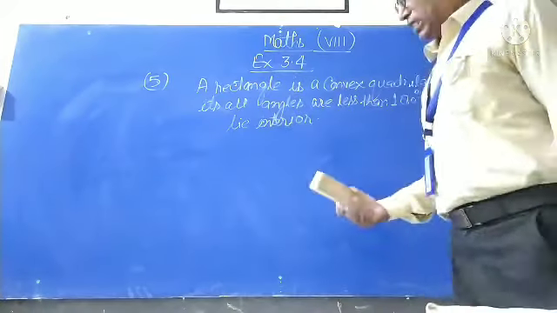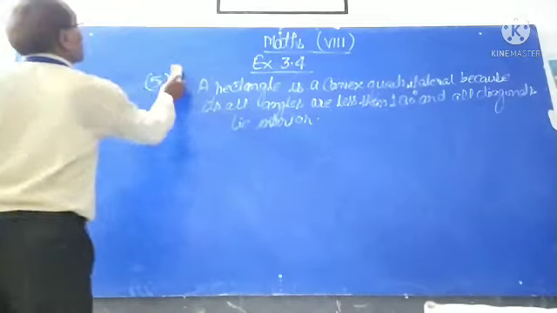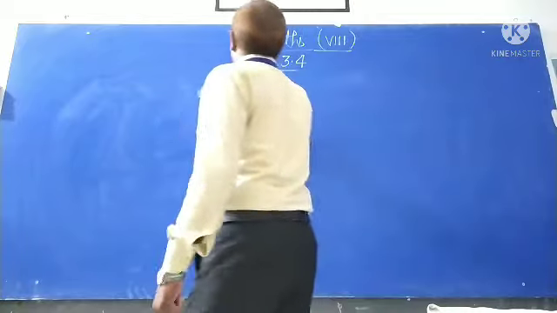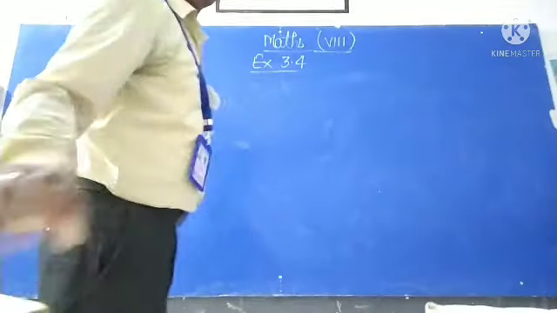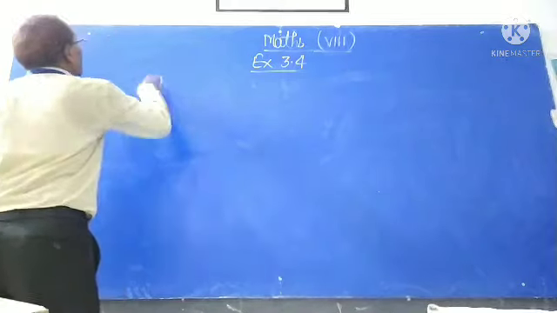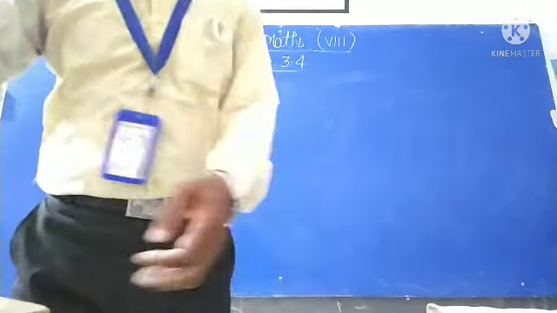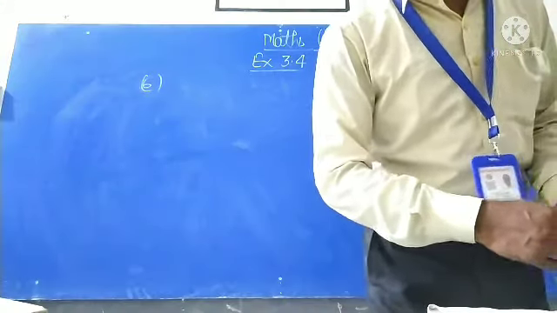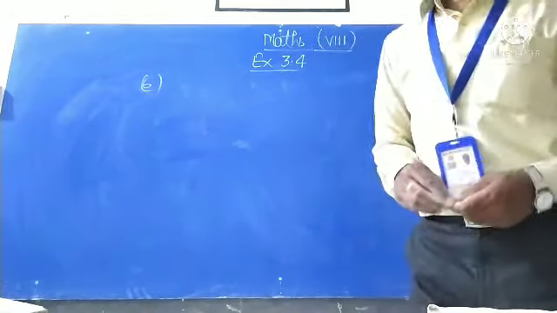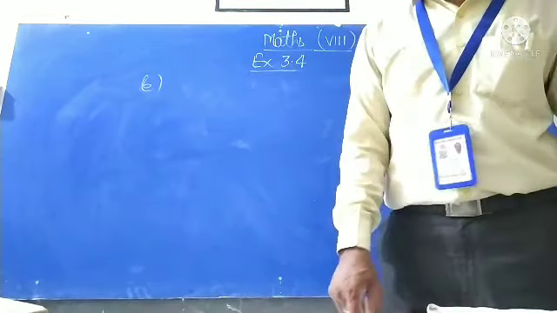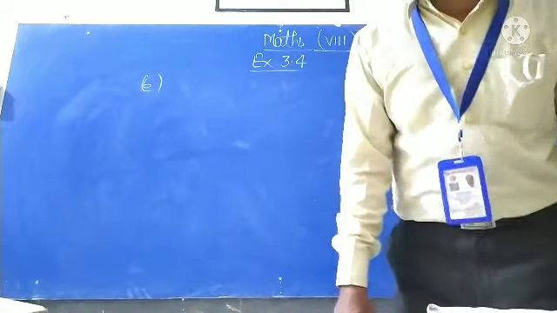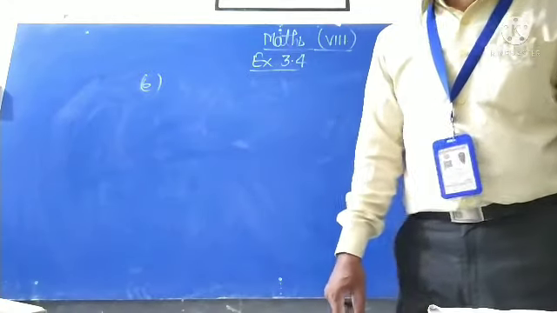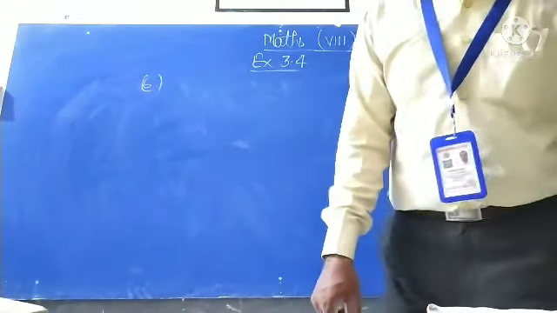And question number 6. That is the last question of your exercise. Question number 6. Here is given the statement: ABC is a right angle triangle. O is the midpoint of the side opposite to the right angle. Explain, O is equidistant from A, B and C. The dotted lines are drawn additionally to help you.